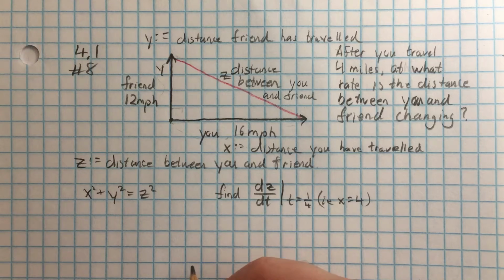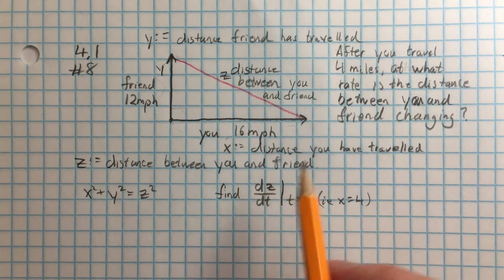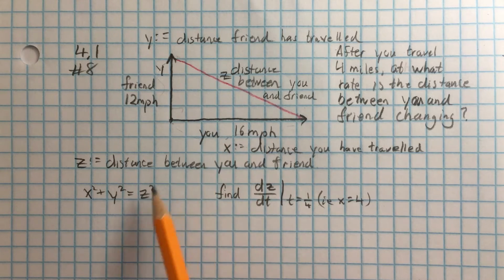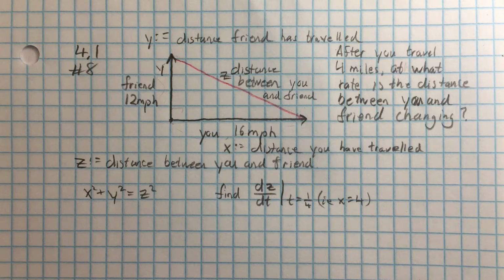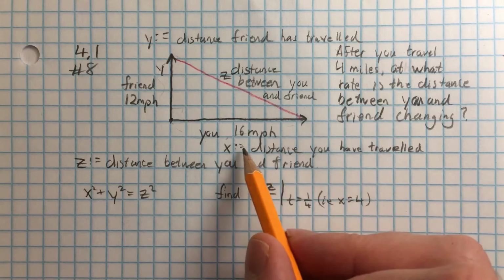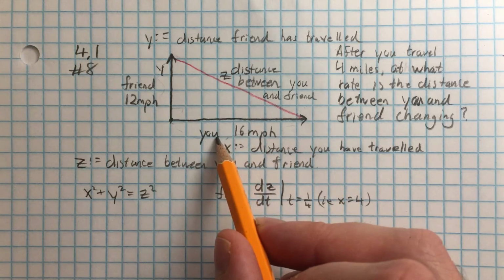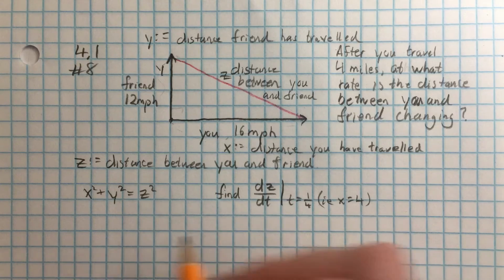So what else do we know in this problem at the moment? We know we're supposed to find dz/dt, but what about dx/dt or dy/dt? We actually have both of them already, right? 16 miles per hour is dx/dt. It's the way that the horizontal distance for you is changing with time. So we need to find this, but we know,